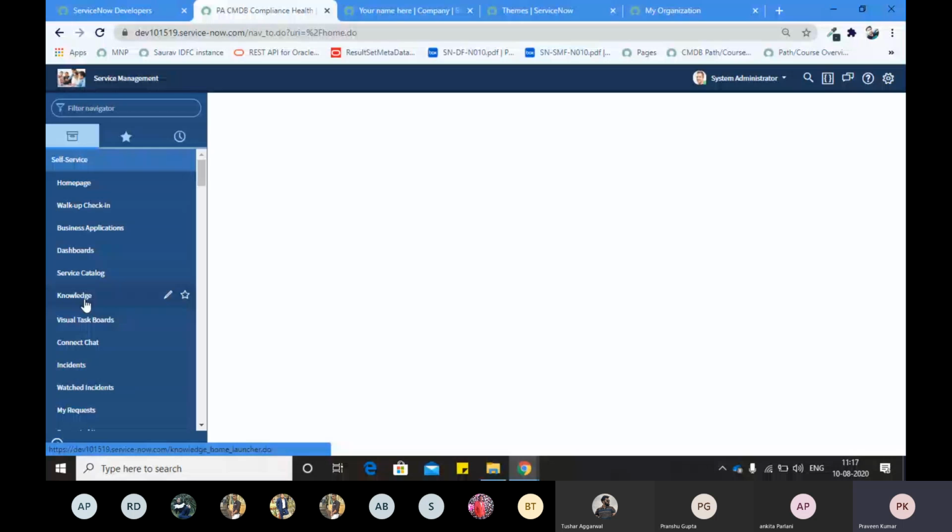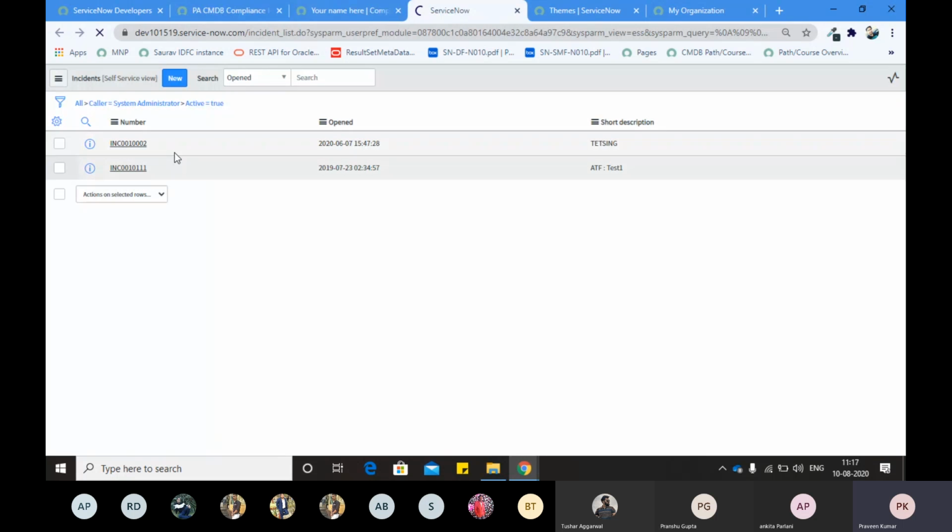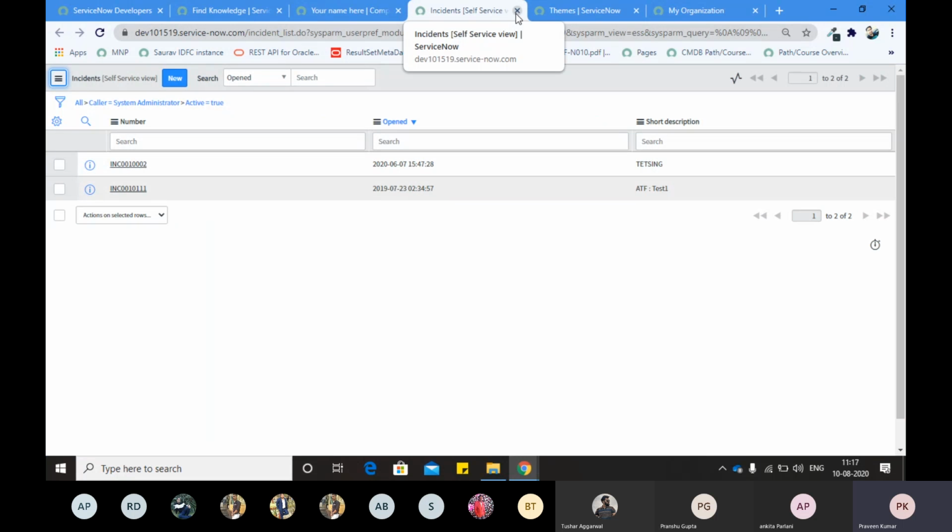I think either my instance is slow or my internet connection is slow. Another option, I am opening it in a new tab. For example, incident. It takes you to a new kind of UI, a list kind of UI, right?